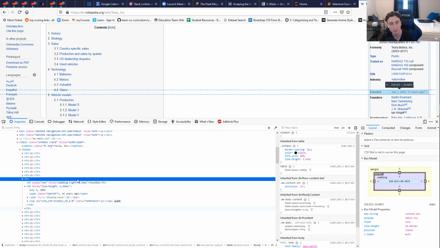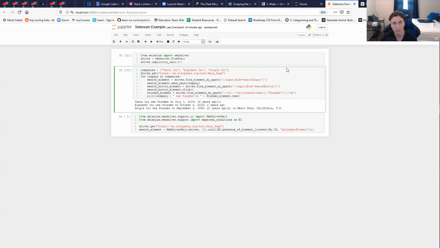Then you can grab the parent of that. And then once you have this parent TR, then I can just get a child TD and basically get this. So I locate this, then I get its parent, and then from that parent, I can get the element that I'm looking for. So what that looks like in code then,